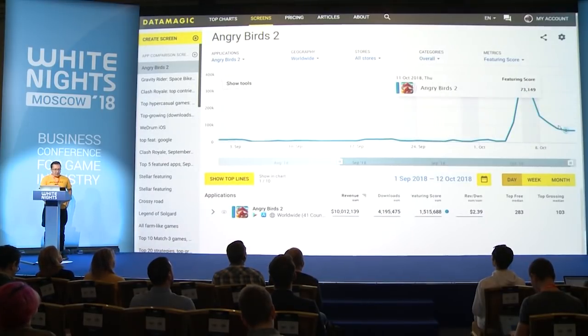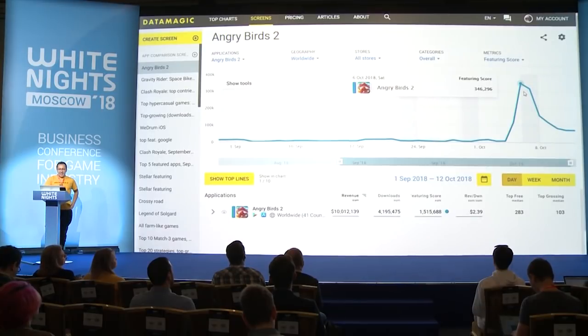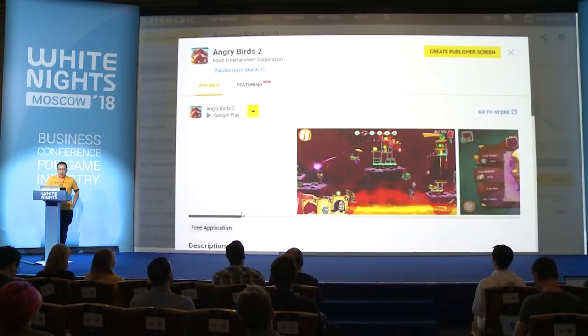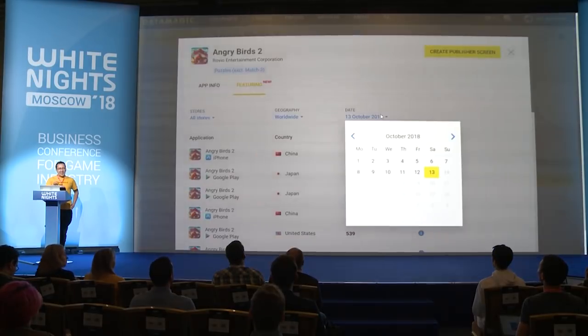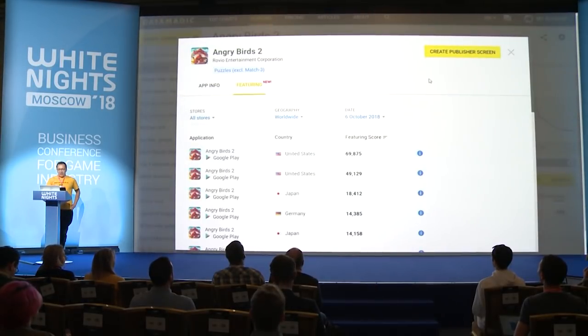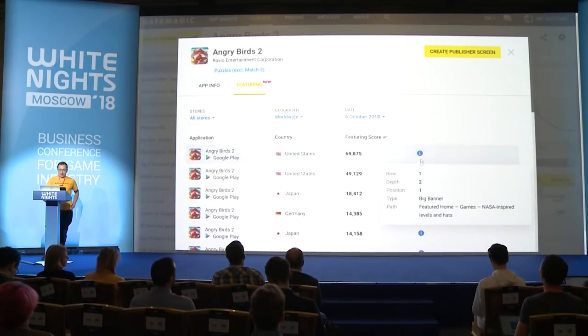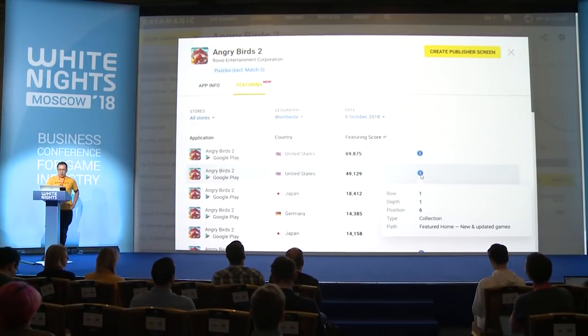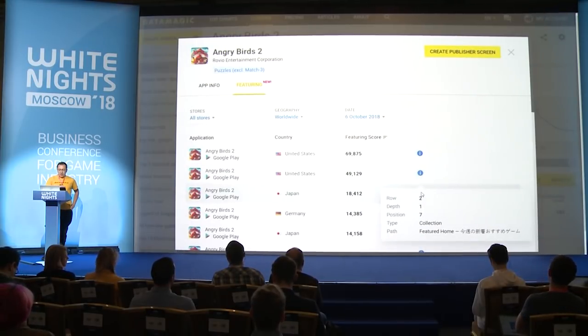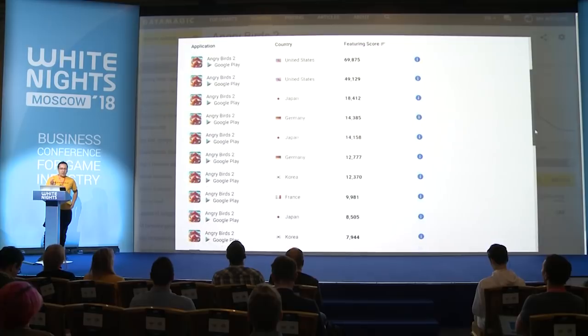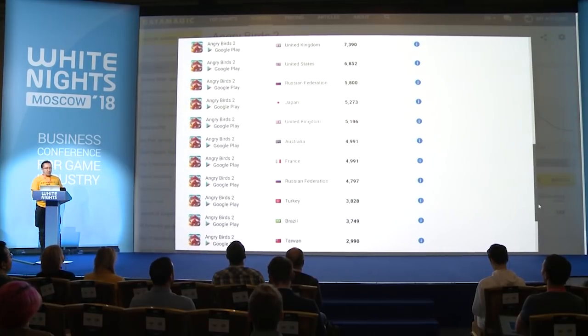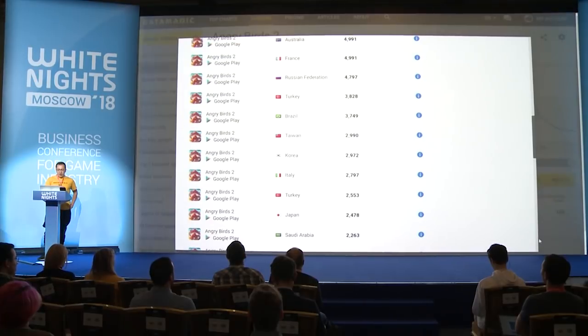On the 6th of October, Angry Birds 2 had 867 different featuring placements. Impressive, right? How can we estimate the cumulative power of all these placements? We clearly understand that revenue and installs that featuring might generate for you depend on many factors, and first of all, on your app. So we claim that we do not estimate the revenue and installs uplifts that featuring is going to bring you, but we calculate an abstract score